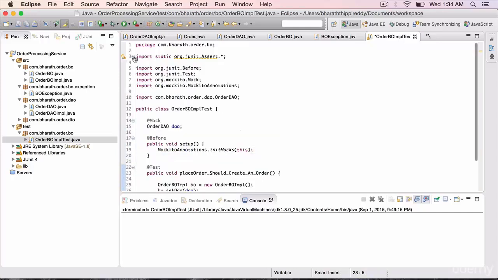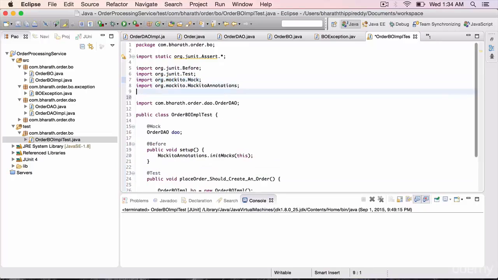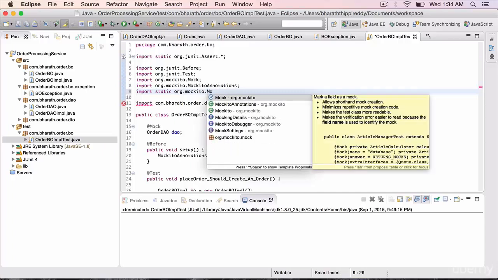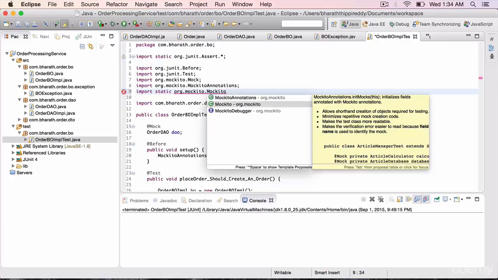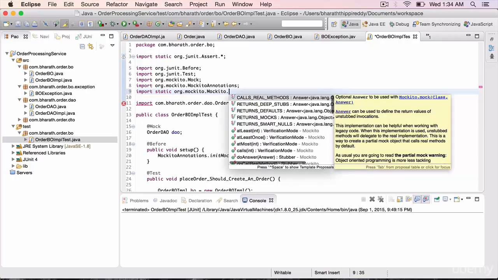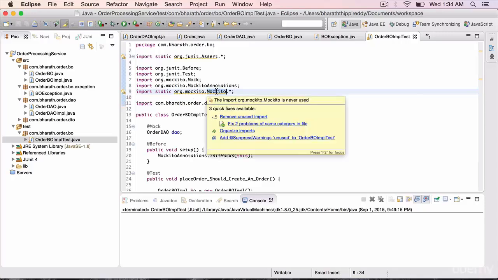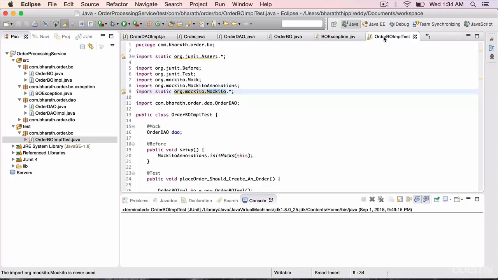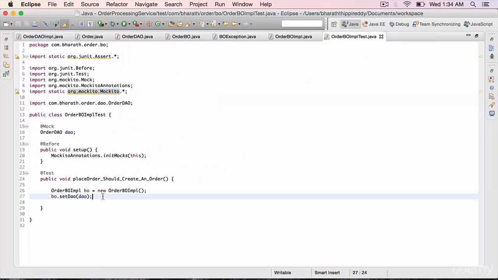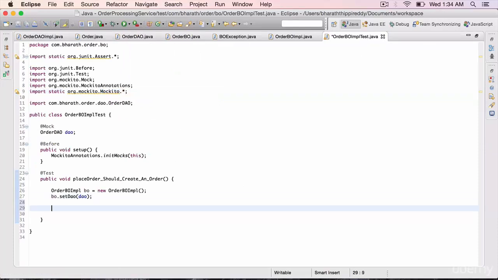To do that, expand the imports. In here you already see that we have two imports from Mockito. Let's add another import. Import static org.mockito.Mockito. Again, there is a Mockito class which provides several static methods. You can say star, because we'll be using several static methods from this Mockito class, starting with, double click, maximize it, when. When is a very important method which allows us to mock out a method call.